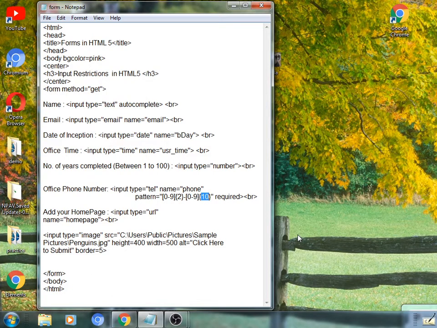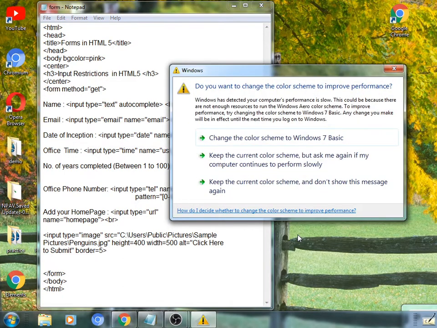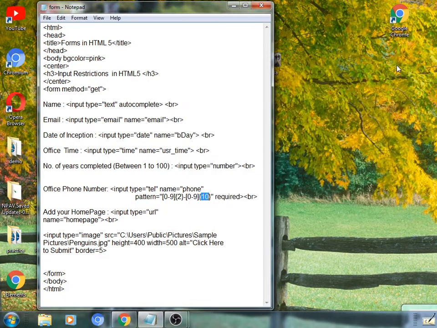So, it becomes a particular phone number, might be a mobile number or a landline number, in which the first part should consist of the STD code and then after that the digits of the actual phone number. Also, we have used here the required attribute, meaning we must enter a value within such a telephone number box, that is, it is compulsory.